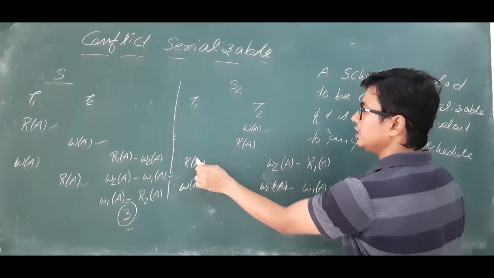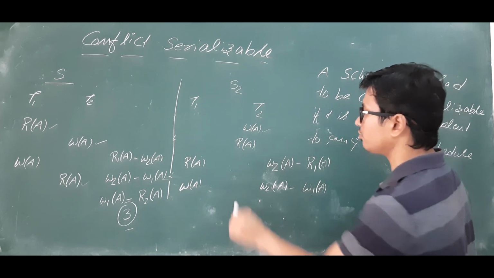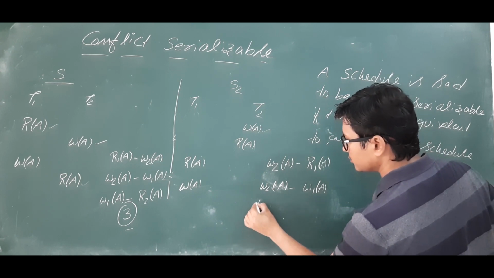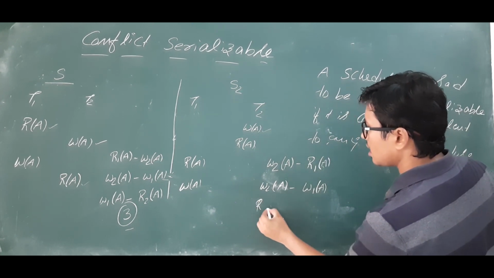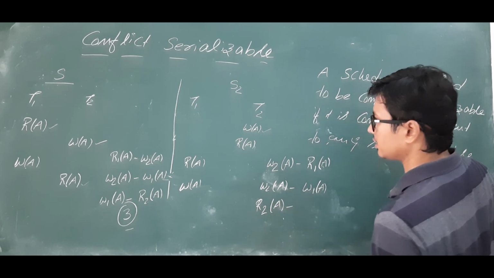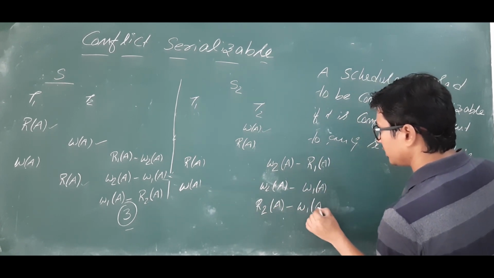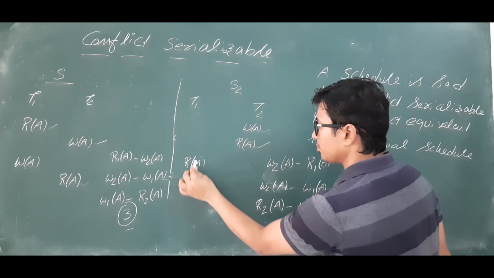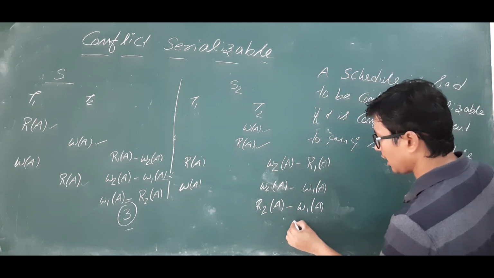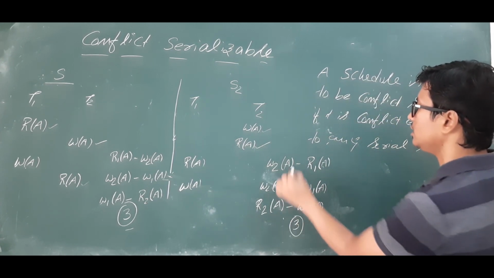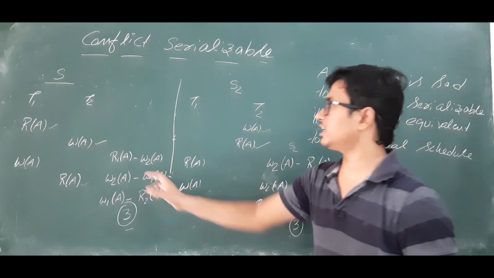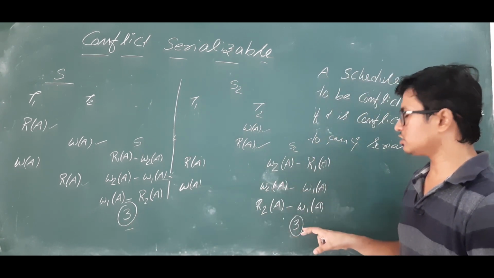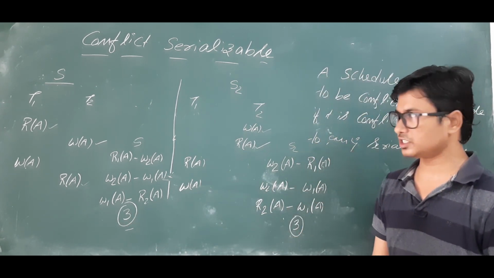So with this write operation we have found the conflict operations. Now come to this one. Read A, read A is not a conflict. Read and write is a conflict because they are performed on the same data item. So R2 of A, then W1 of A. Is it clear? So we have finished with this one. There are no more conflict operations. So we have found 3 conflict operations in schedule S2. So the first condition is again satisfied. In the given schedule S we have 3 conflict operations, and in schedule S2 also 3 conflict operations. The first condition is satisfied.